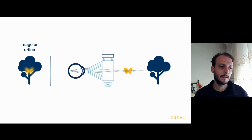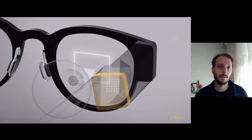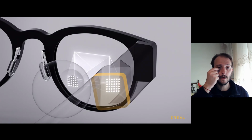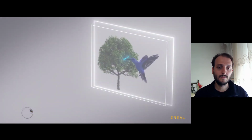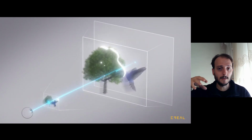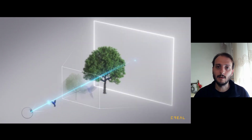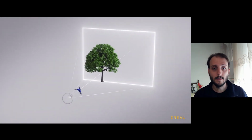And the innovation of CREAL is that they don't, as it is usually done in light fields now, have lots of points with very low resolution, but a few points with very high resolution of the light field. So you try to reconstruct, for some points around the eye, what are the exact light rays that will arrive there, and use some optics to cast these light rays in those directions. What happens is that around your eye you have